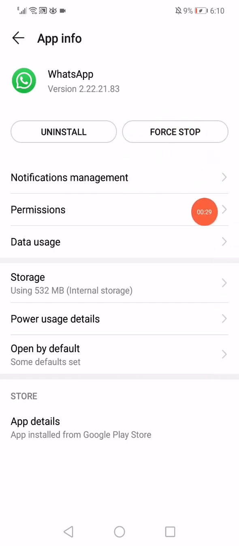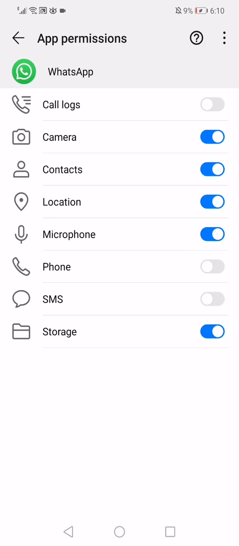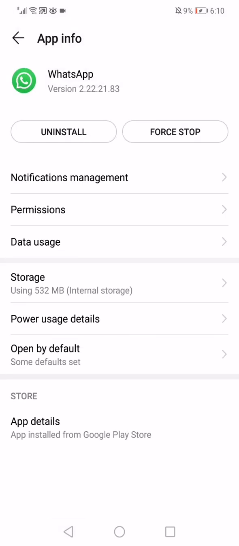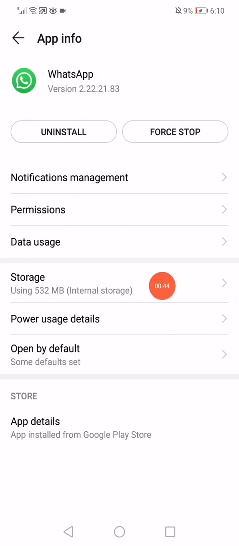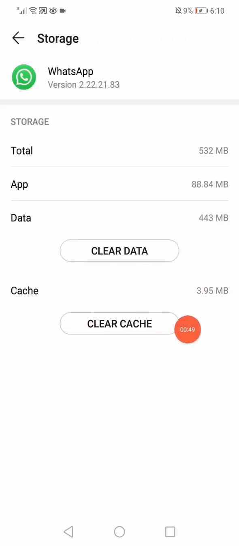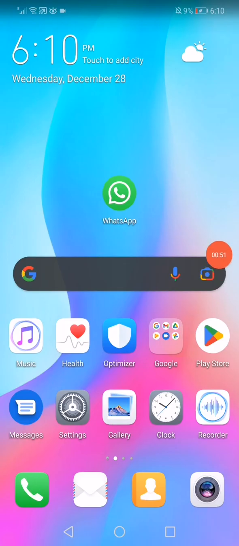and then go to the permissions. Make sure that all the permissions are enabled right here and then go back, click on the data usage and then disable all those options and enable them again like this. Click on the internal storage or this storage, click on clear cache, and last thing you want to do is